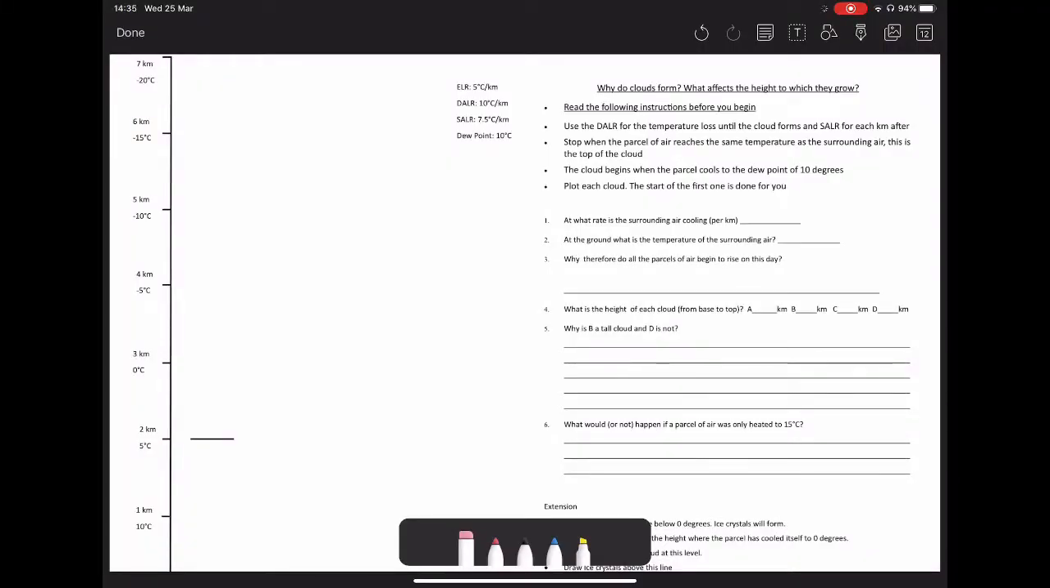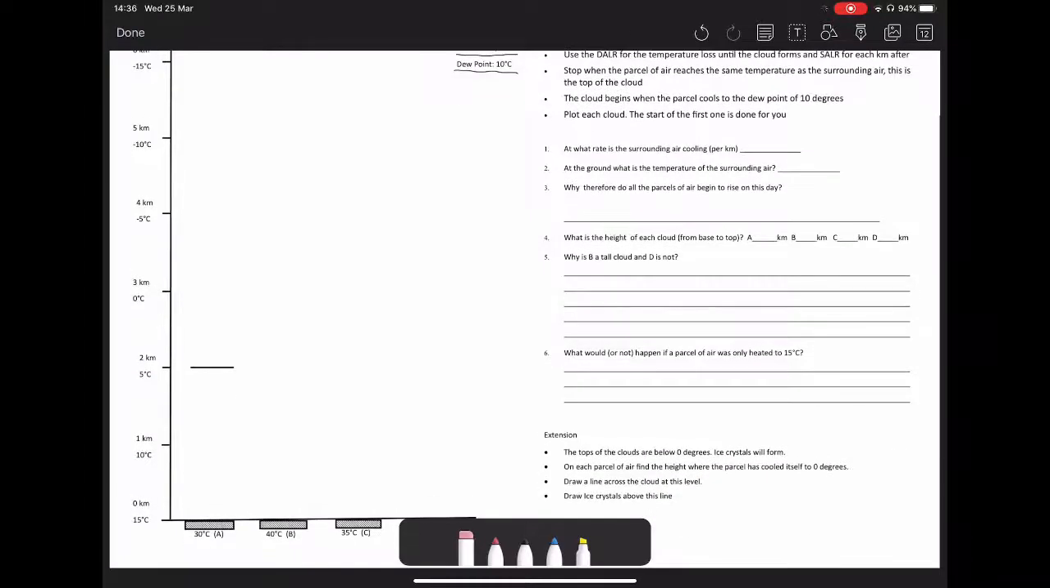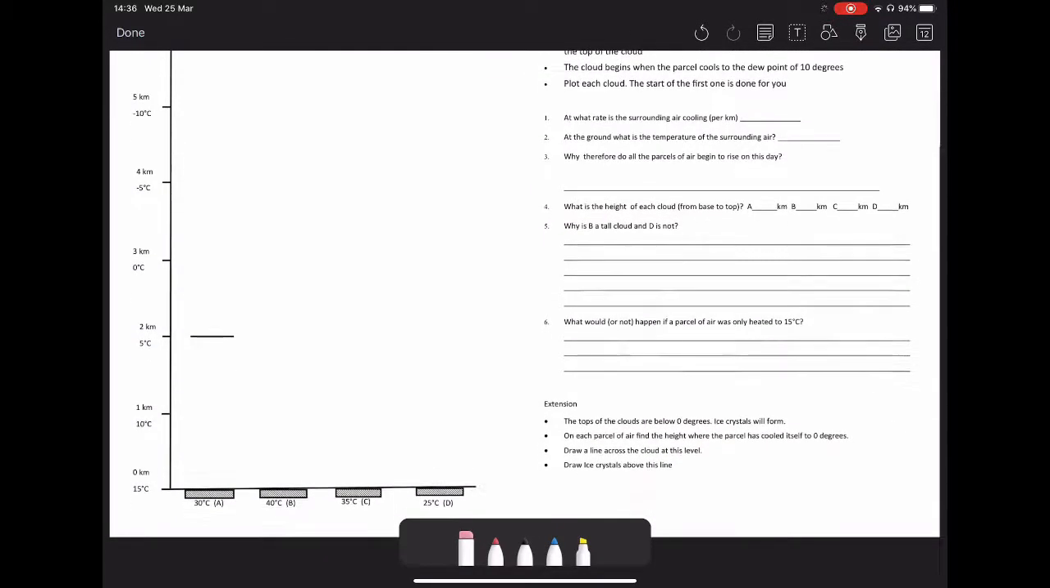So just notice that in this situation, ELR is 5 degrees, DALR is 10 degrees, and SALR is 7.5 degrees, and the dew point is 10. Okay, so slightly different to the explanation that we've just had, but it makes it a little bit easier to manage in this example. So if we come down to here, we can see that we've got a range of examples in which the